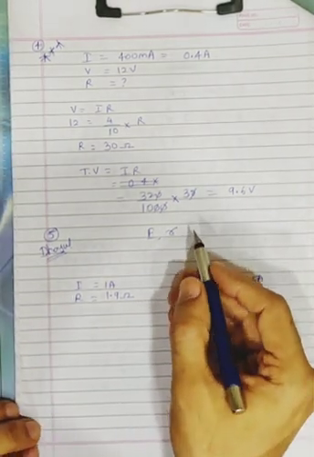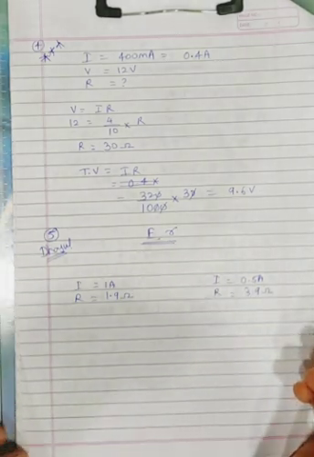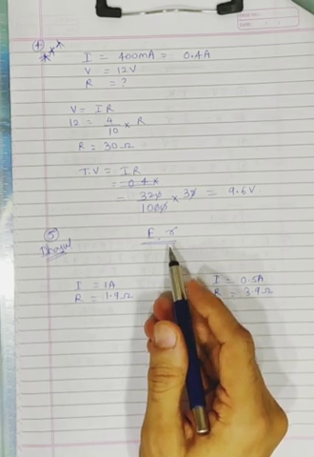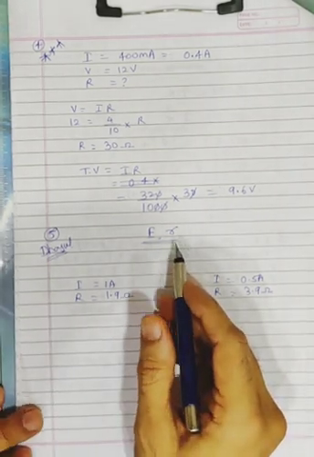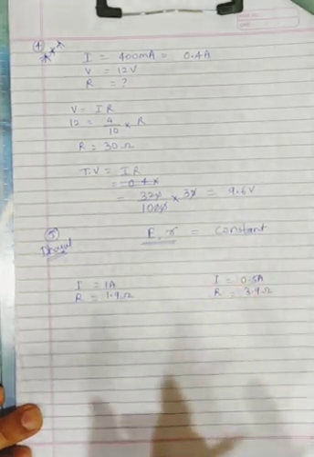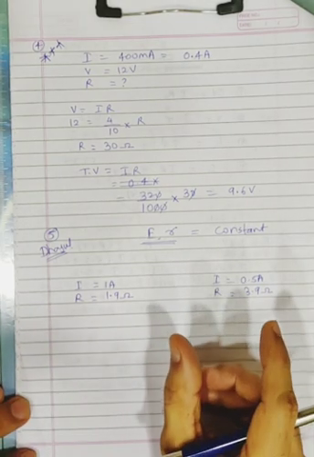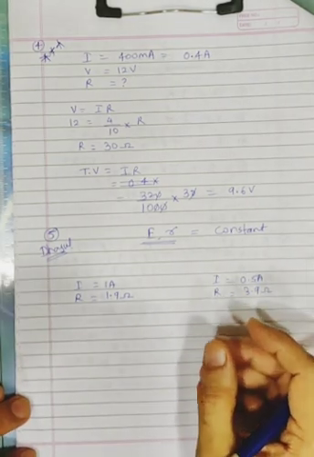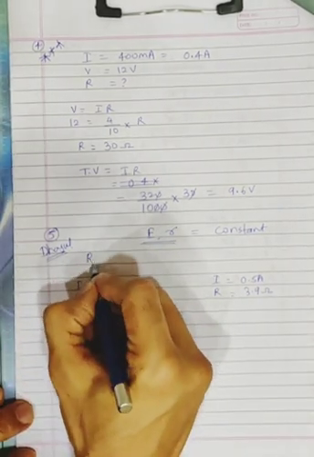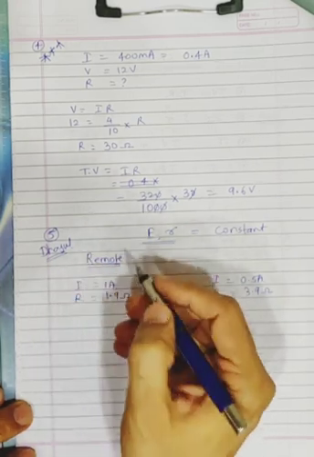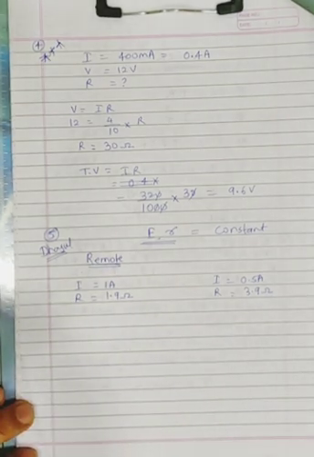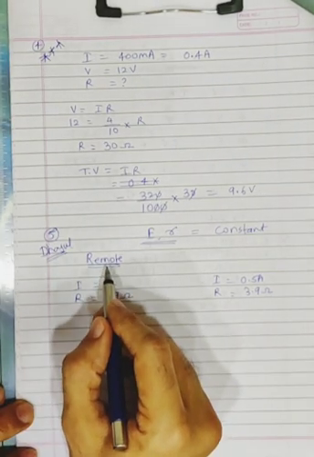Now see, I'll make it a little more practical for you. What does this mean? It means that you have a cell of EMF E and small r internal resistance. Now remember, EMF and internal resistance always remain constant for a cell. Let's say you bought a 1.5 volt small pencil cell, like Eveready. First you connect it to your remote control, and that cell was giving out a current of 1 ampere and the resistance offered by the remote control was 1.9 ohm. This is just an example, it's not what they have given in the question.